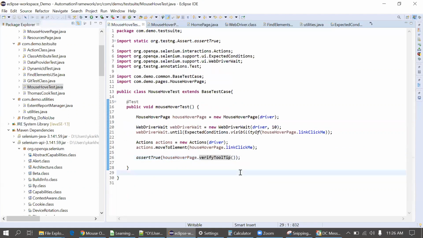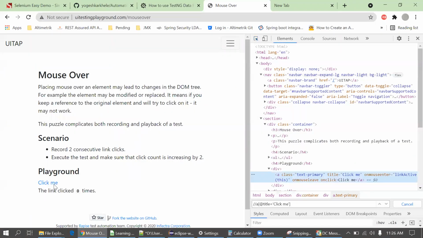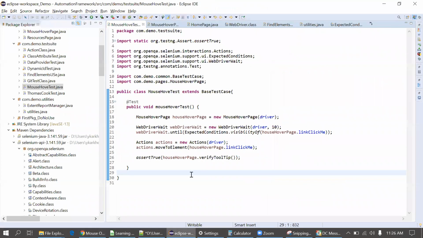I think there is some issue. Also, one thing we can do over here: we can use the getAttribute method and check it, right? Because the getAttribute method will get the value of the title when you hover on that. When we hover, then only we'll get that attribute. So we are not hovering, that's why our test case is failing. So compulsorily we have to hover. So moveToElement. There is no series of actions, so we don't need to provide build and perform, right?